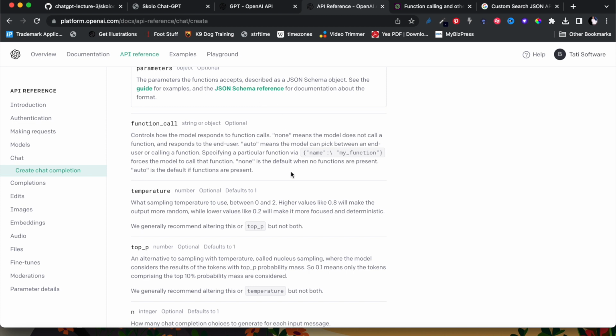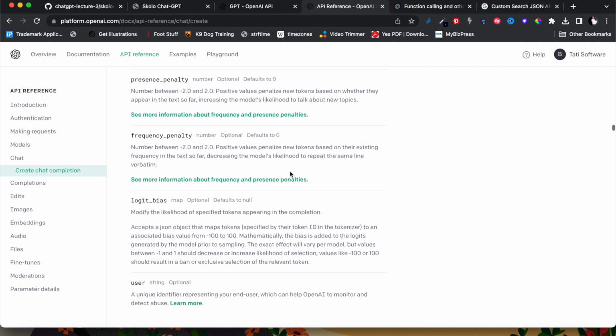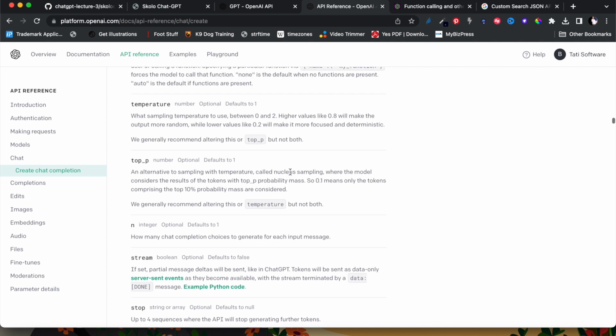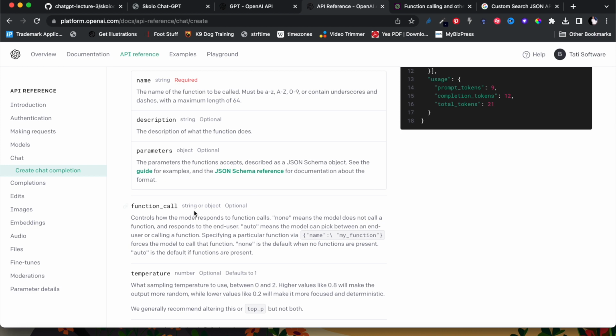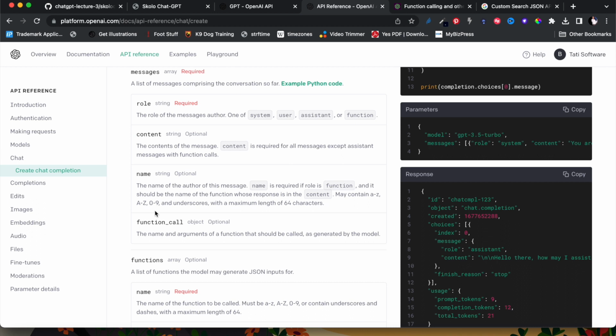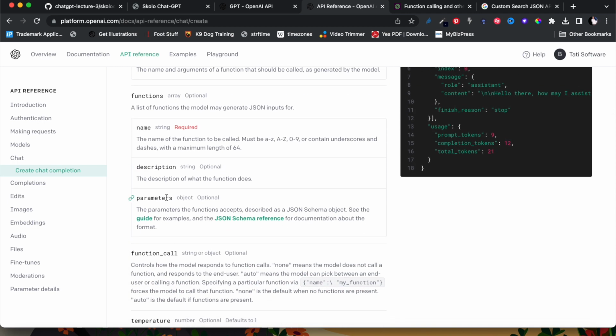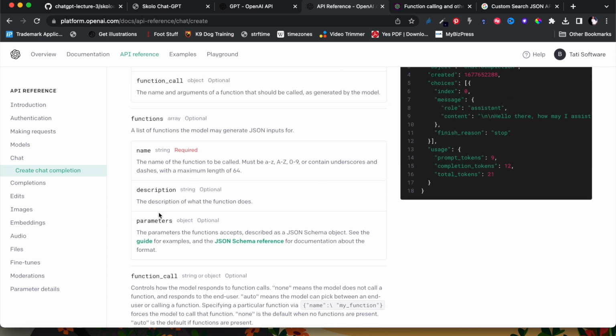So on the function call over there, it shows you the function call, and I just want to see the output. Messages, function call, object, functions. Okay, there you go: the name, the description, the parameters. All right. I remember the last time I checked, they just send you to specific examples and so forth. I think they're trying to make the OpenAI documentation readable, and it is the most readable